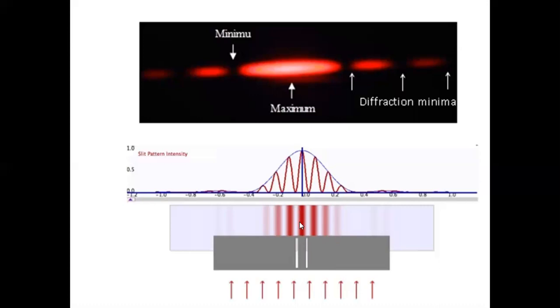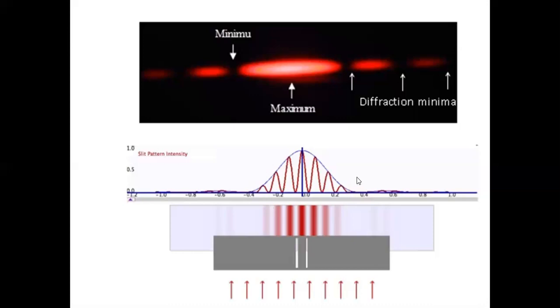So here is the central maximum, and on either side you have minimas, and the central maximum is formed by this, and we have many waves in between, right? Like this shown. Why is this done like this? Because the central maximum is formed by the superposition of many secondary waves starting from the different parts of the slit. Each point of the slit will act like a source, and all those sources constructively interfere here and produce maximum intensity. As you go away and away, all the waves do not meet constructively. That means all the waves do not meet with crest on crest. So the brightness is maximum at the center.